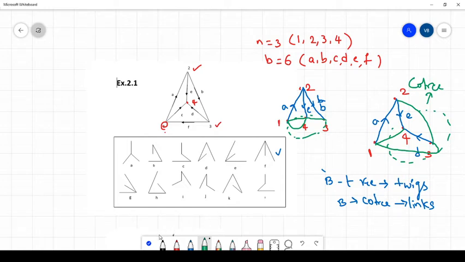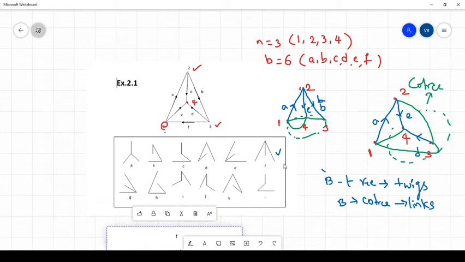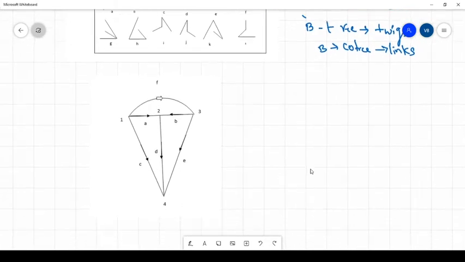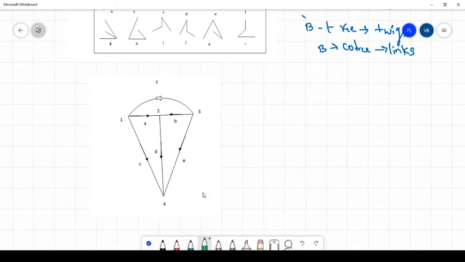Okay, so next we'll go for how we are going to write the incidence matrix. How we are going to draw the incidence matrix, let us see. So this is a network. How many nodes are there here? So the nodes are, I am highlighting with the red pen. This is the first node, this is the second node, third node and fourth node.